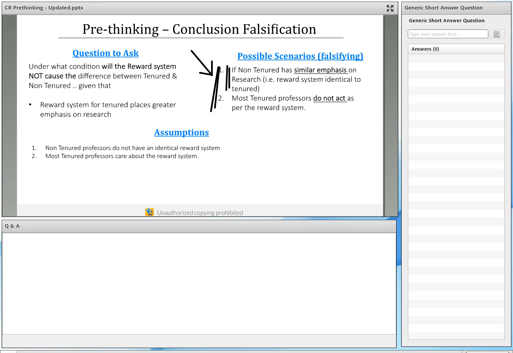And this is very different from the answers that a majority of you put in over there in the short answer pod. There are a couple of you who put in good answers, but other than that, this is very different. But it's not rocket science. If you ask the right question, these are logical answers.